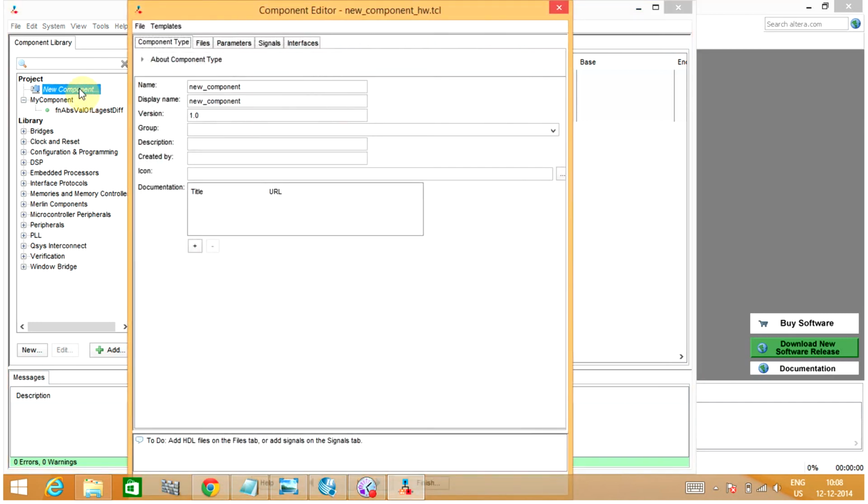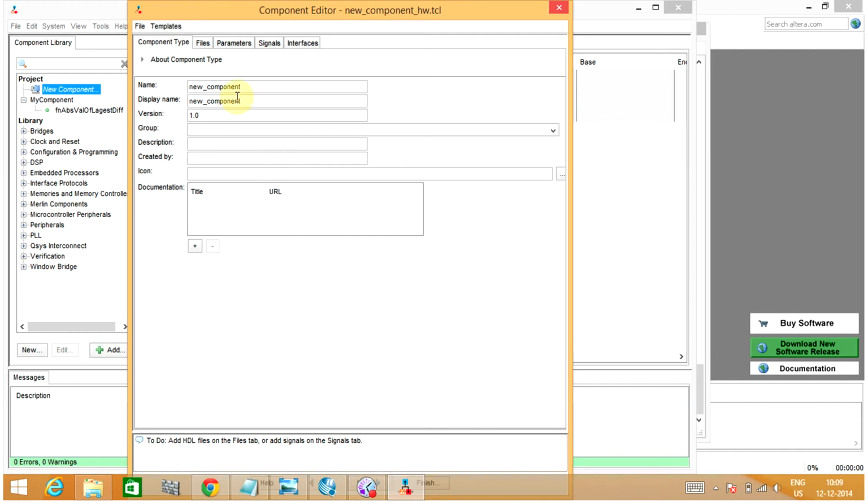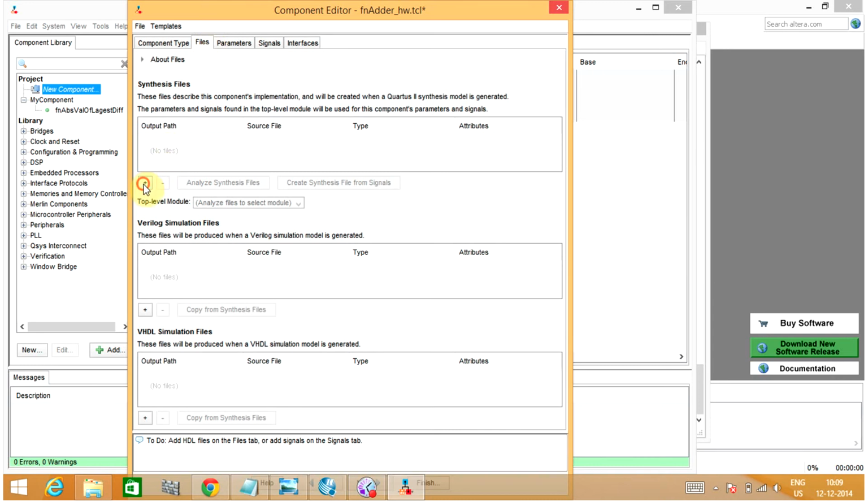Now let's move on and make the next function. This is a function for addition, and I'll keep it in the same group. We need to analyze this file again.